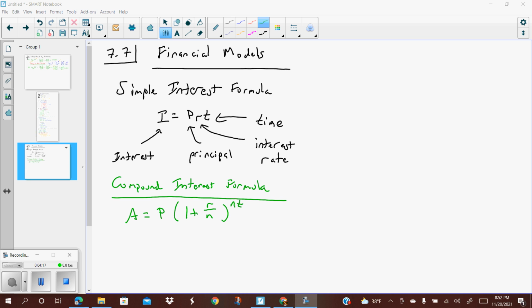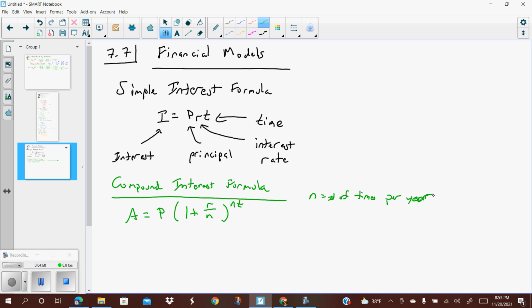The N is the number of times per year. For example, if I wanted something to be compounded quarterly, N would be 4. It basically means that every 3 months they would calculate how much interest or how much